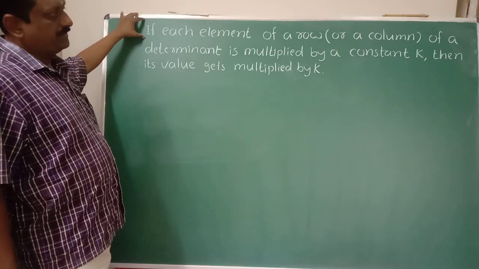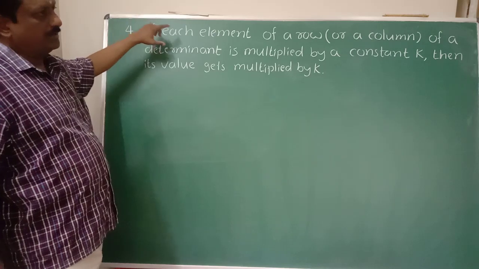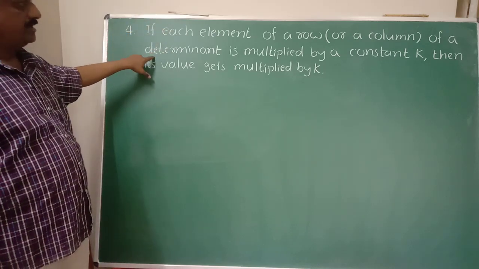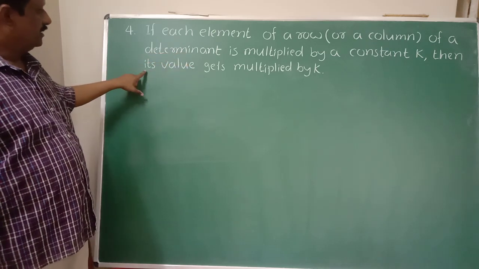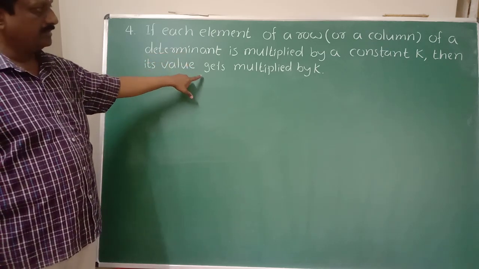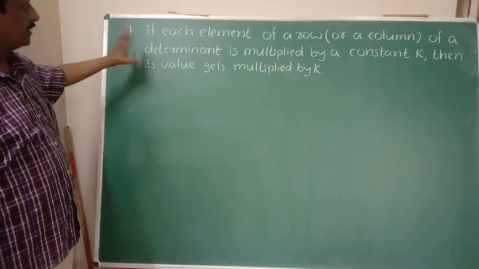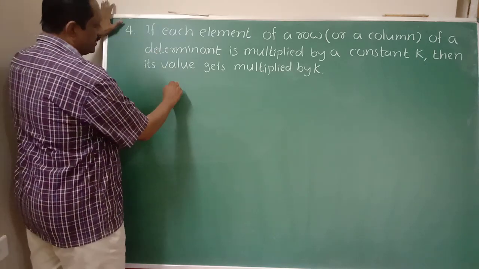If each element of a row or column of a determinant is multiplied by a constant k, then its value gets multiplied by k. Okay, this is a property here. That is, consider one